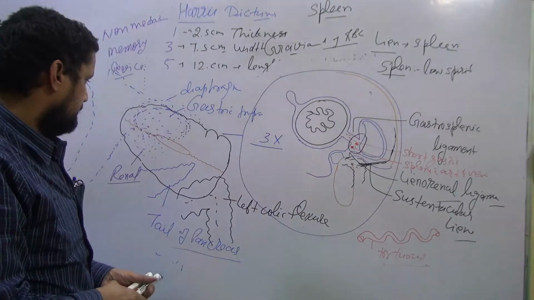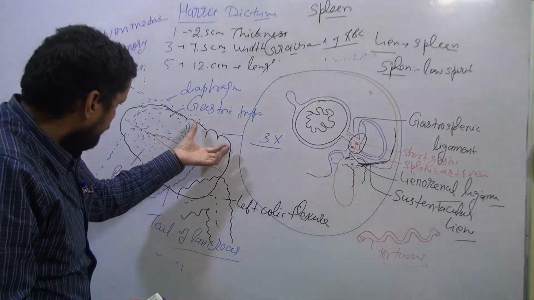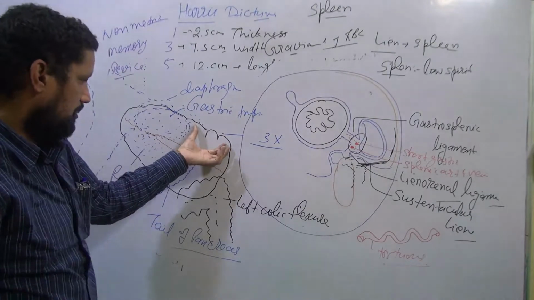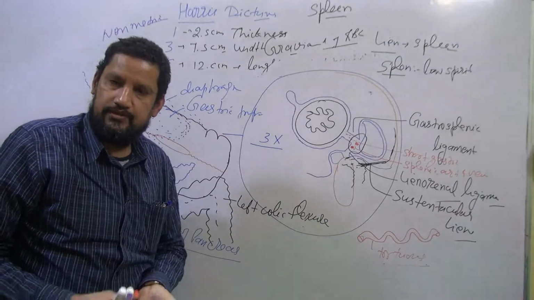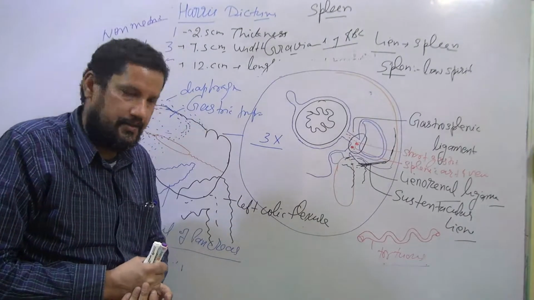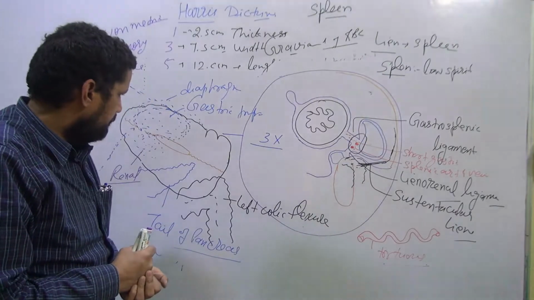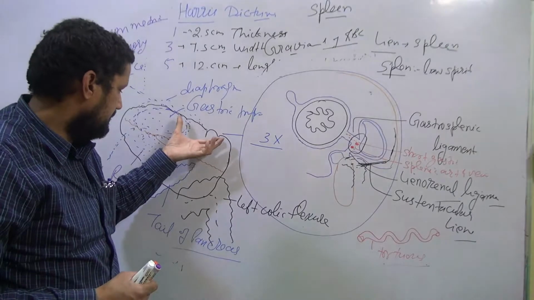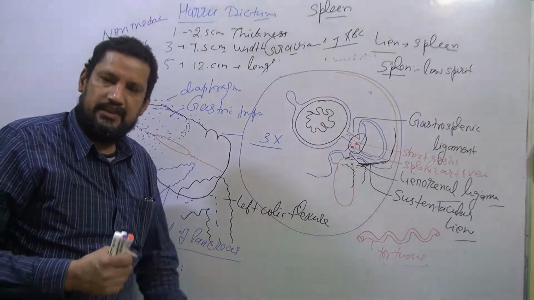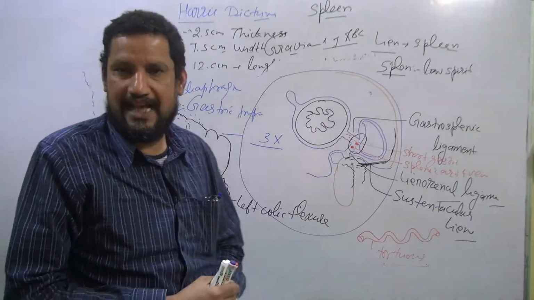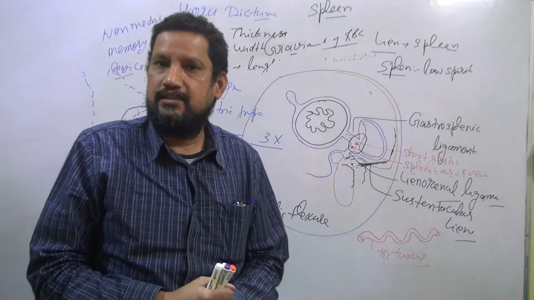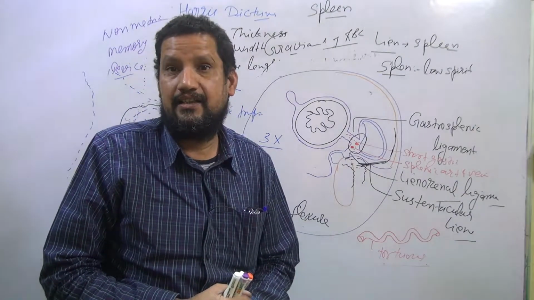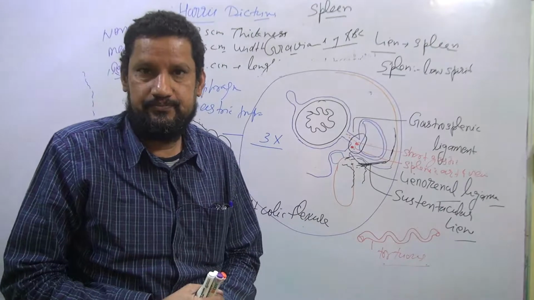In that case, the notch of the superior border is palpated first, and this is having clinical significance. This border is also known as the clinical border, and this notch is also known as the clinical notch of the spleen,